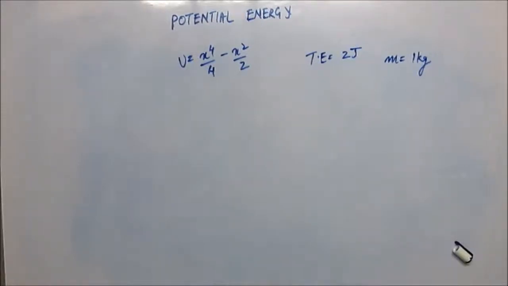So you spend some time, think about it, and try to work this one out on your own. Potential energy is given, total energy is also given, and mass is also given, and you have been asked the maximum velocity. Maximum velocity, of course, means that it will start at some point with rest, and the velocity will increase, and after that the velocity will decrease. Something of that sort should happen. That's why they are asking for maximum velocity. Okay? So think about it, do it, work it out.